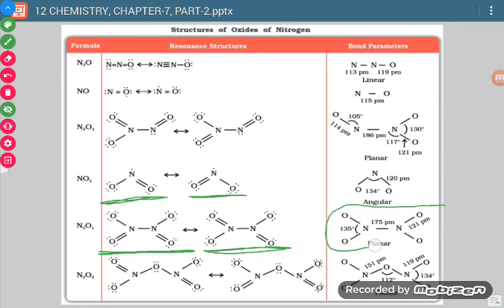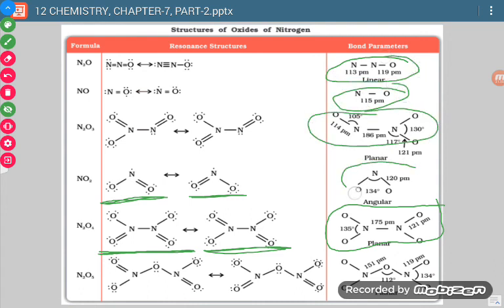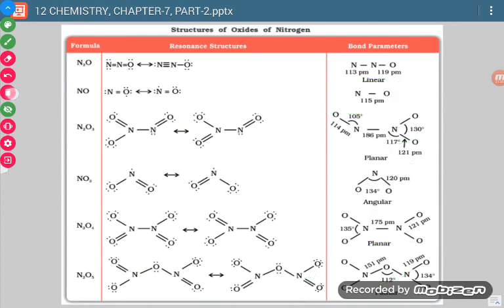Since there may be a double bond at any one of the places, we can represent it like this also, where we are not representing the double or triple bonds. We are simply showing the presence of atoms and they are bonded with each other, just like here also, or here also, or in this case also. We have just shown the positions of atoms bonded with another atom. So this way also is correct. Here also see, either they are on the opposite sides or on the same side. So this is planar. These are very important structures, you have to thoroughly do it.